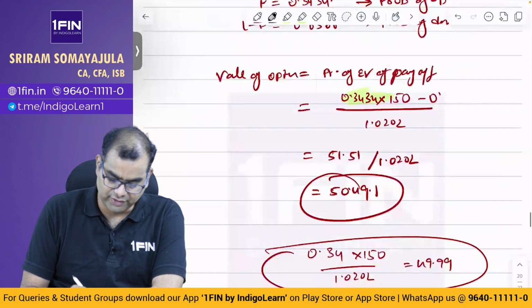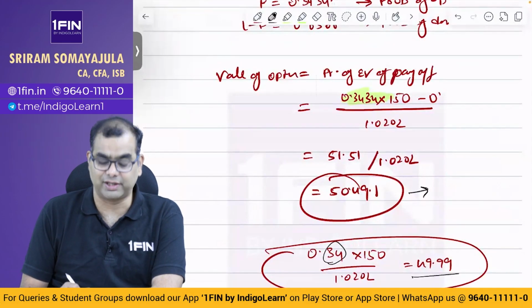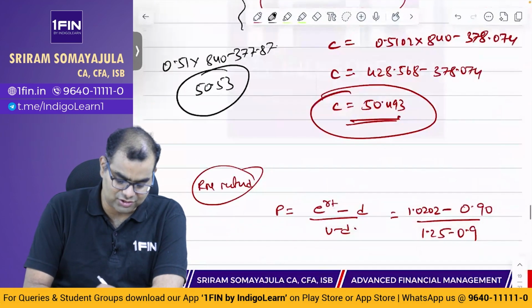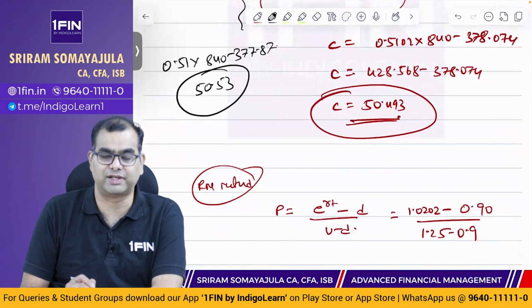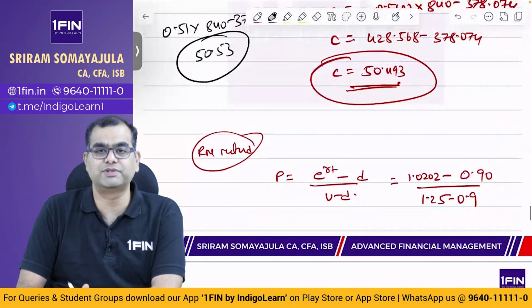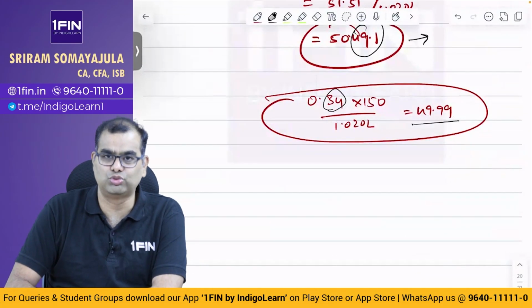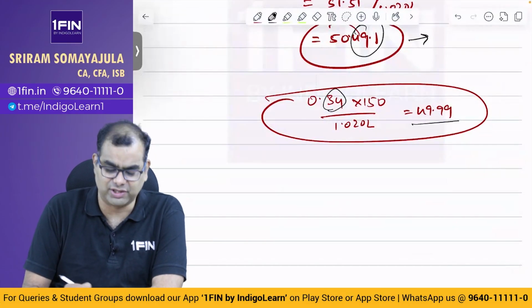So here also, when we did it with 4 decimals or 3 decimals, we got 50.49. When you did it only with 2 decimals, you got 49.99. So there is going to be this small error because of rounding off. Even here also, if we did with 2 decimals, we did not get the exact number. From 0.49, it changed to 0.53. So when you do this round off business, you will always have this problem. 2 decimal round off is not actually fair.